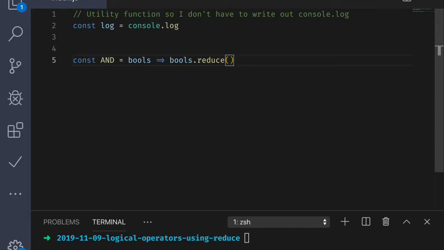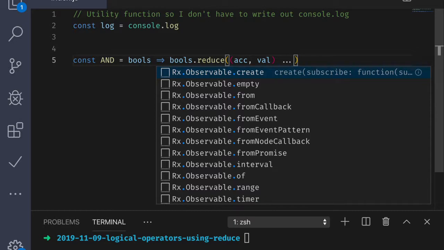So we know we have a list of booleans as input to this function, called bools here, and we are going to be using the logical operator and on them to make sure that they are all true. Okay, well, let's start with this pattern we've been establishing in prior videos. I'm shortening the parameters accumulator to ACK and value to val here for brevity. This is how I usually start my reducing functions, and then I can always name them something more explicit if it's called for. In fact, because we know that the elements of the array are going to be booleans, let's name that second parameter bool,